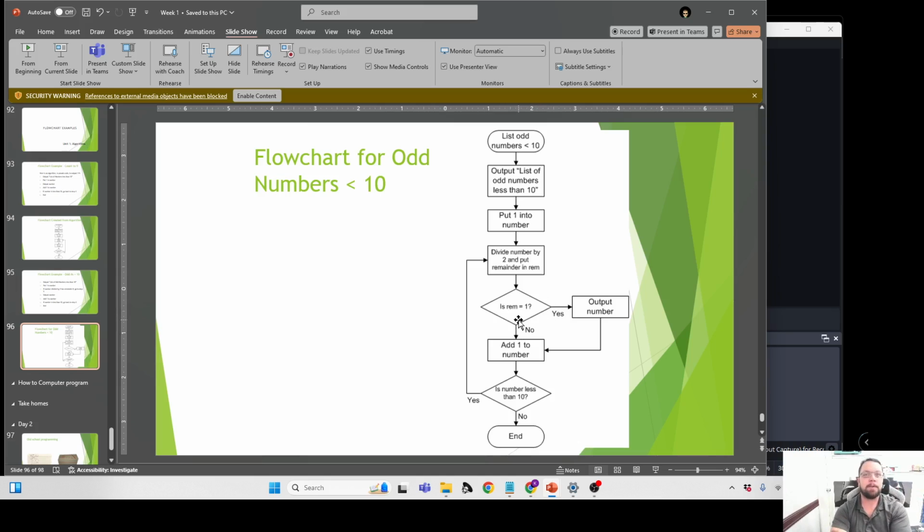Is remainder equal to 1? Yes. Output number, add 1 to number. Is remainder not equal to 1? Then add 1 to number. Then it's comparing. Is number less than 10? Yes. Go back up, divide it after it's been increased, go back, divide it by 2, and put the remainder